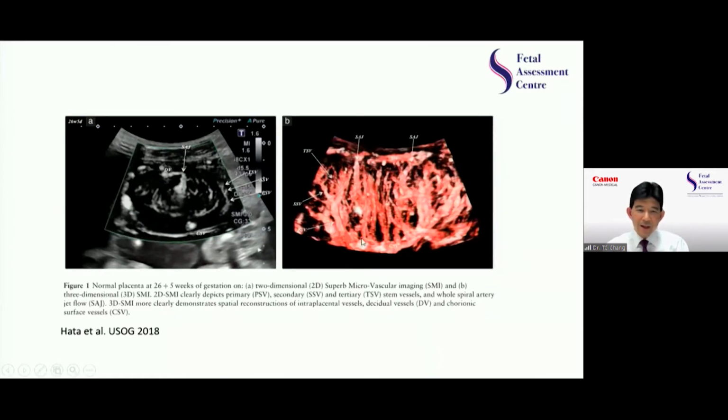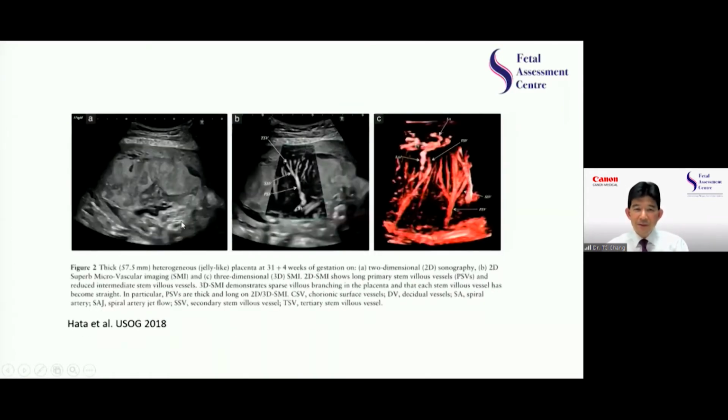And if you had the ability to do the 3D imaging and render it this way, you can see that there are lots of offshoots from the primary stem, secondary stem, and the tertiary stem villi. And this will be a healthy pregnancy, abundant flow through these villi at the 3 different levels. If you compare that with the next set of slides, where we can see this big wobbly placenta with lots of venous lakes, and when you put the SMI